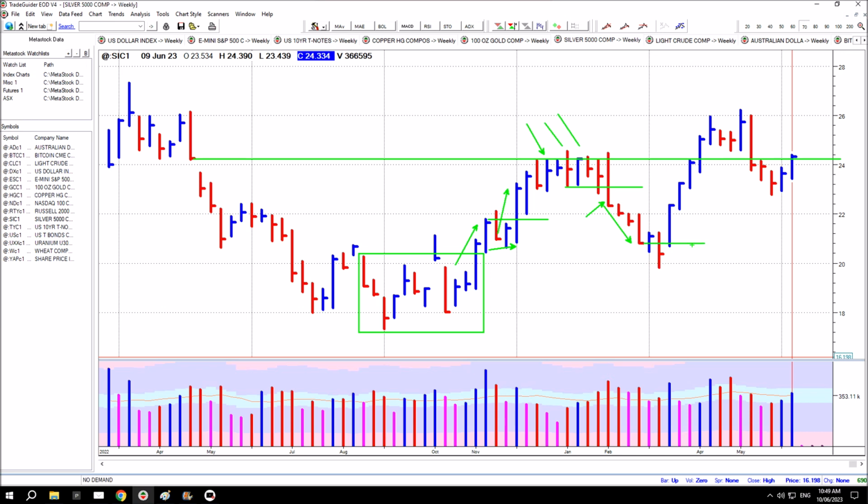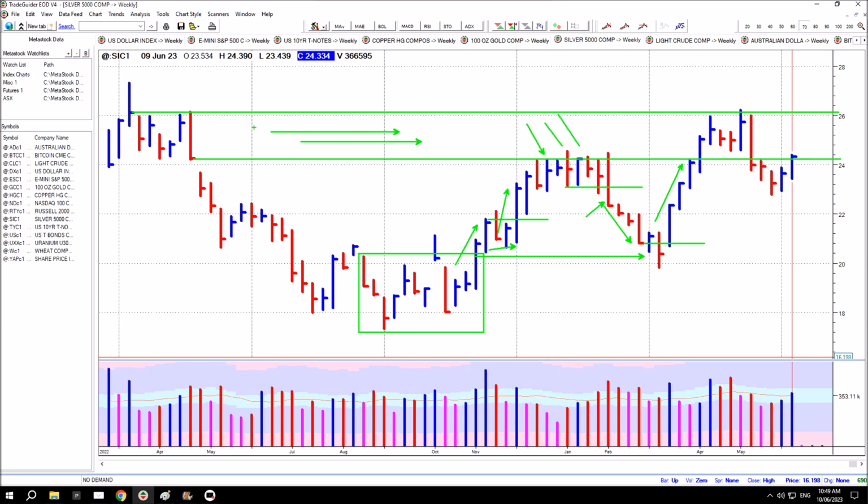The market was able to find support adjacent to the highs of the old accumulation zone, which is exactly where you would expect it to be. And price pushed back up to this level. Here's the highs of the zone, similar to the gold chart. Gold actually moved well above this level, but silver was only able to move up to the highs of the range before moving lower. This was a minor breakdown here,